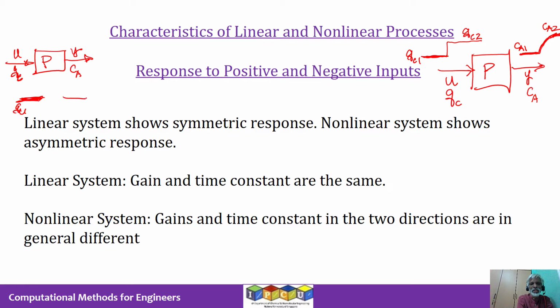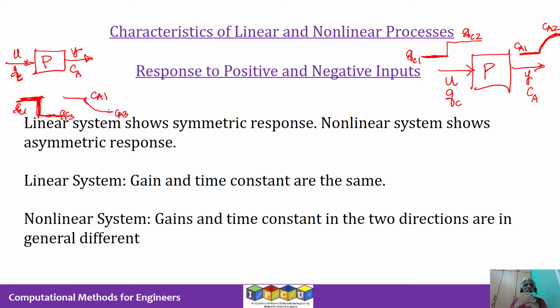Like what we had before, the value of U or QC was QC1, and corresponding to that, the output was at Ca1. So it was holding steady. If I maintain the input as QC1, the output is maintained at Ca1. So this is the system at steady state. And now I can bump the input down. I can alter the flow rate by, let's say, closing a coolant valve. So from QC1 it comes to QC3. So this is the new value of the coolant flow rate. In response to that, Ca1 may respond like this, and it may reach a value Ca3 ultimately. So this is the final value of the concentration.